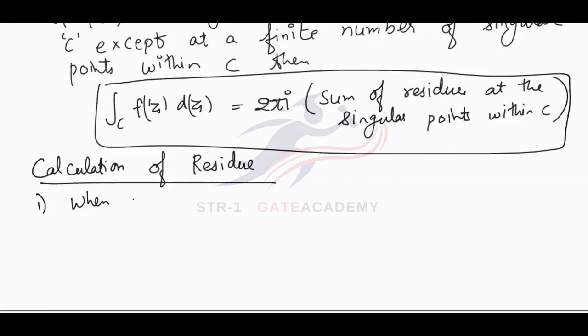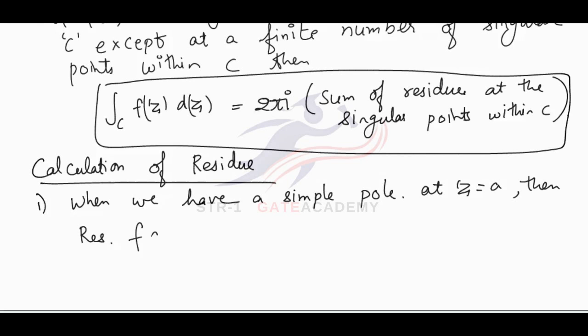When we have a simple pole, a simple pole is degree 1, at z equal to a, let's say. Then residue of f at a is nothing but limit z tends to a, z minus a times f z, simply,